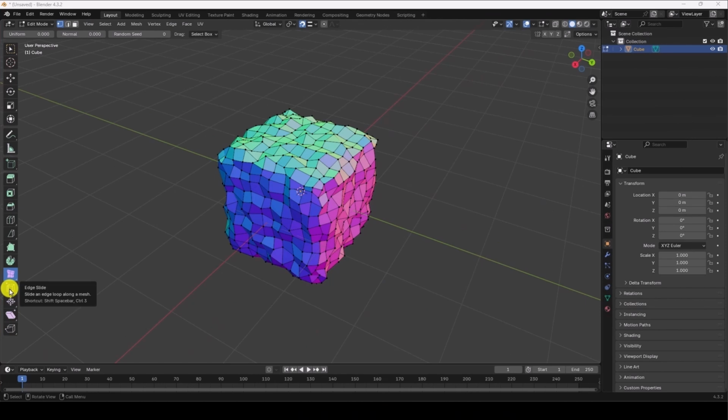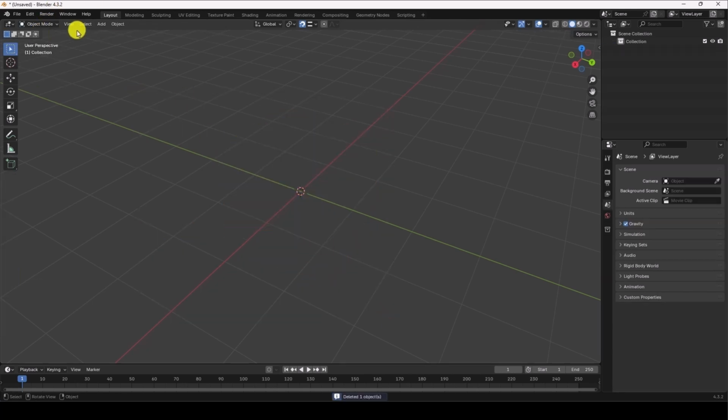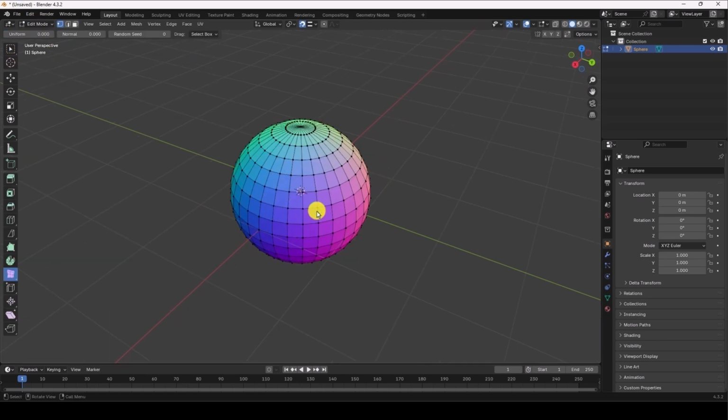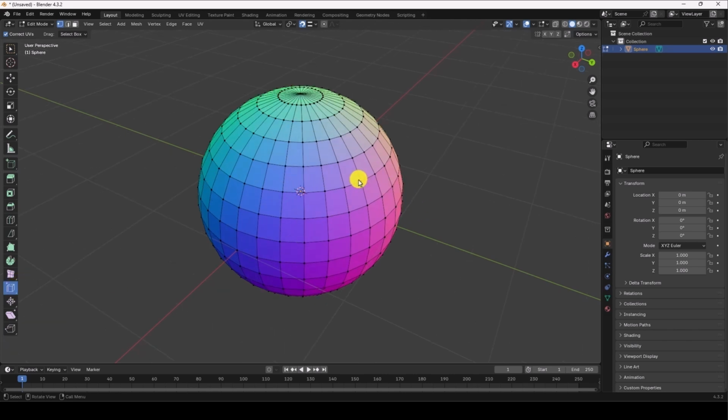The next option is Edge Slide and Vertex Slide. To demonstrate this clearly, I'll first remove the current model by pressing Delete, then add a UV sphere, and switch back to Edit mode. Now let's see how Edge Slide works. When you select an edge or a loop around the sphere and move it, the shape of the sphere does not change. This tool helps adjust edge positions while preserving the overall shape, making it useful for refining and optimizing